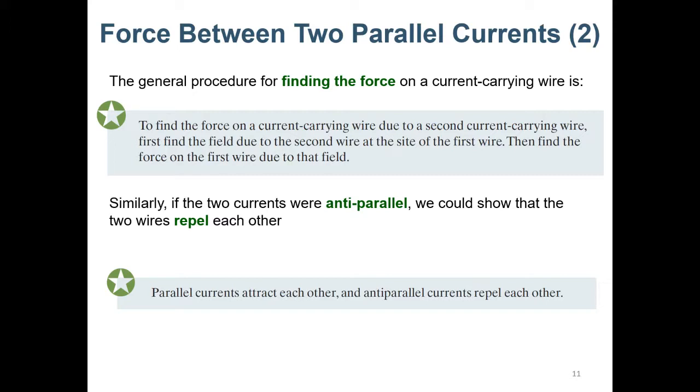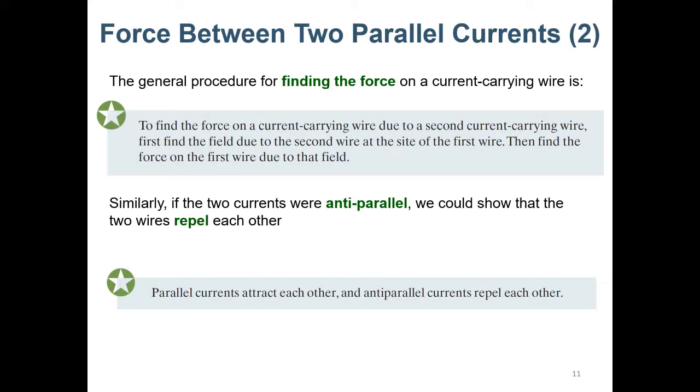Find the force on a current carrying wire due to the second current carrying wire. First find the field. So this is what I mentioned just now. You determine the magnetic field generated by one wire acting on the other wire, and then you use the Lorentz force to find the